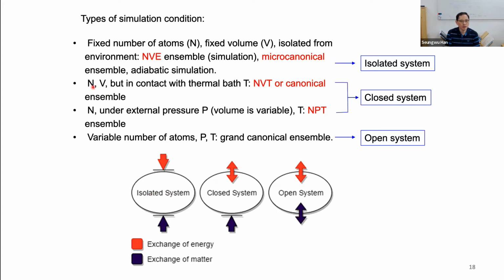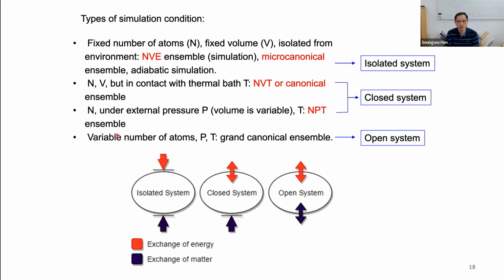Okay, but if you fix the number and the volume, but the system is in contact with a thermal bath at temperature T, which exchanges energy, then it is called NVT or canonical ensemble. And you can also allow the volume to expand or shrink according to the external pressure. And in this case, it is called NPT ensemble. And these two are called closed systems, meaning that it can exchange energy and also mechanical energy in the form of pressure,